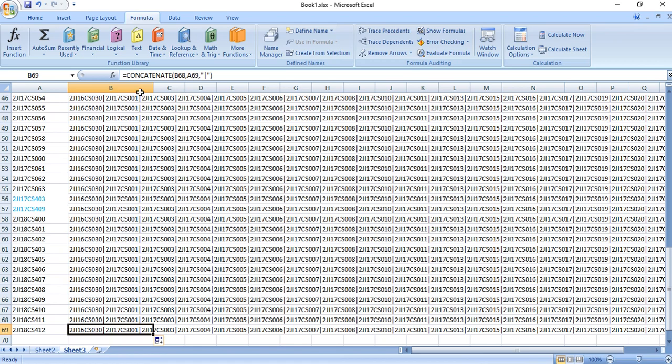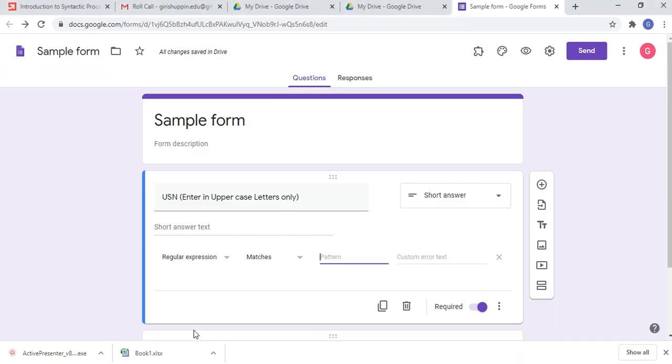Now come to the last cell in column B and copy that particular text, Control C, and go back to the Google form. In the pattern, paste whatever value you have, Control V, and here if anybody is not having access, whatever message you want them to see, you can enter that message here.